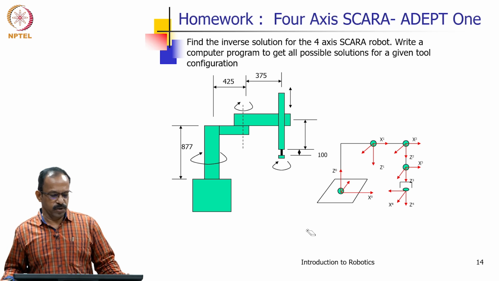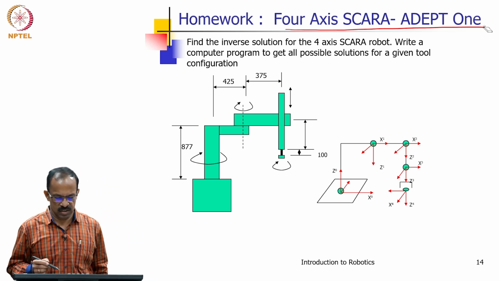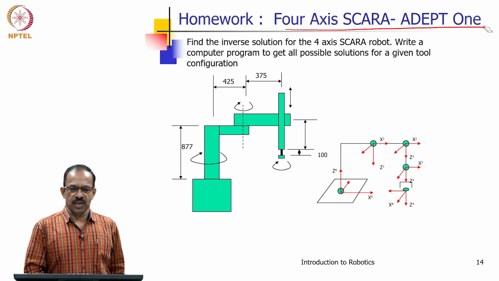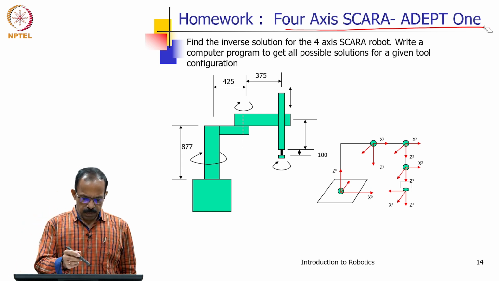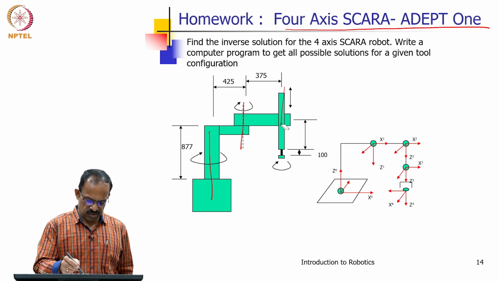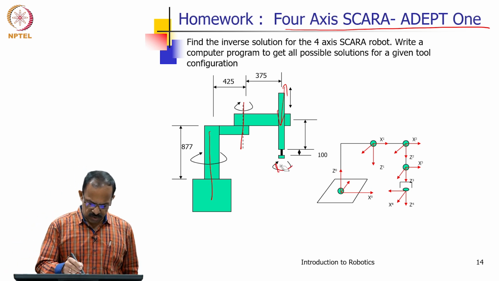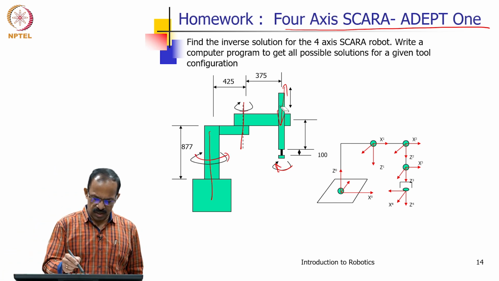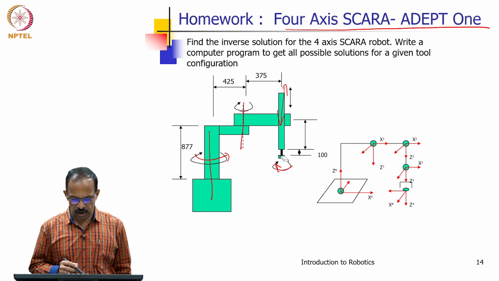So, this is a homework for you. You can consider a 4 axis SCARA robot, it is the ADEPT 1 SCARA, a commercial industrial robot, and we need to solve for its inverse problem. So, this is the configuration. You can see that there is an axis here, there is an axis here, there is an axis here, okay, and then there is a rotational axis also here. These are the 4 axes. So, you have two rotations and one up and down motion and a tool roll. So, 4 joint axes